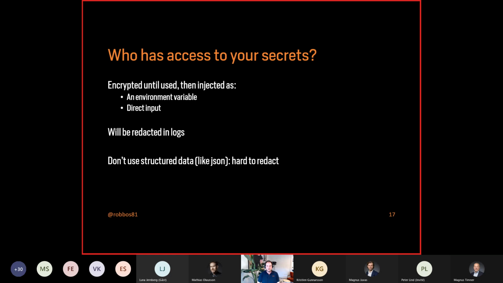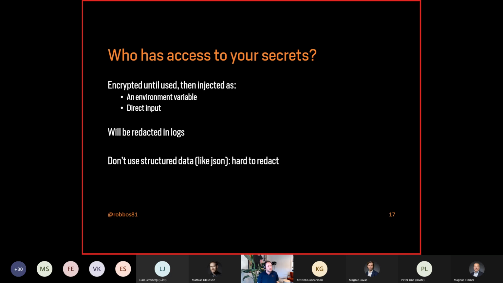And if so, they will inject a couple of stars there so nobody can read that value. But if you then use structured data like JSON, XML, or even YAML, you have some weird things in that structured secret setup. There are new line endings, there are spaces in there, and it's very hard to redact those in the log. So maybe the regular expression won't pick that up.